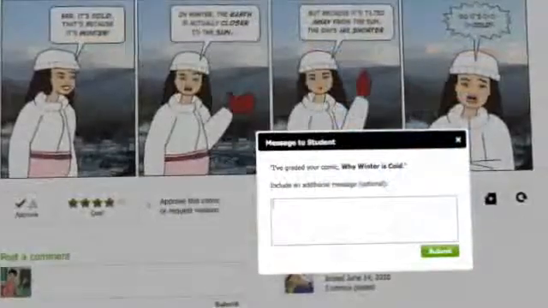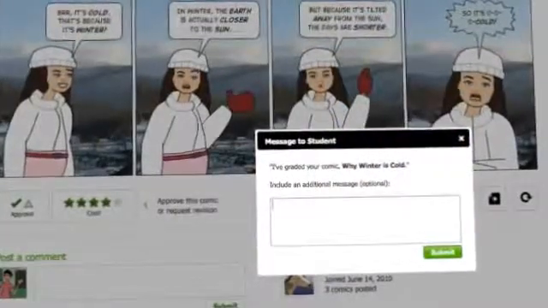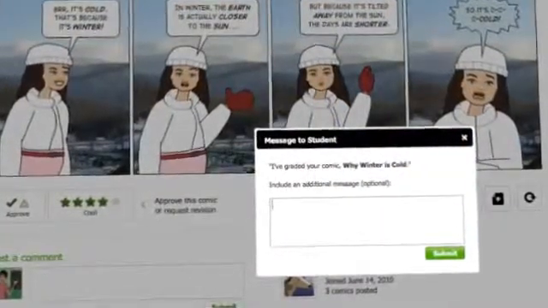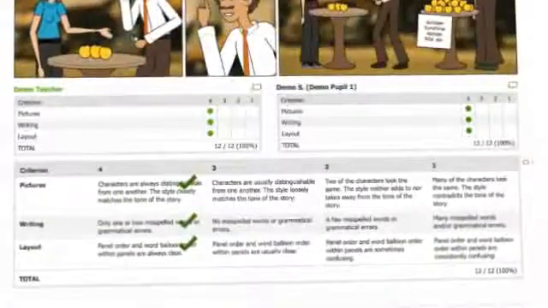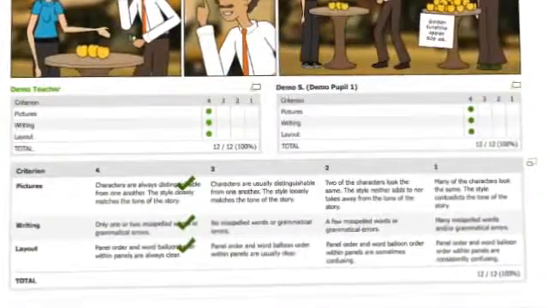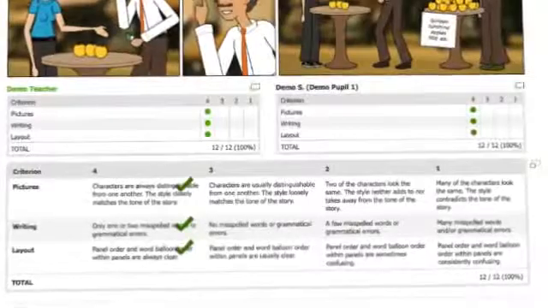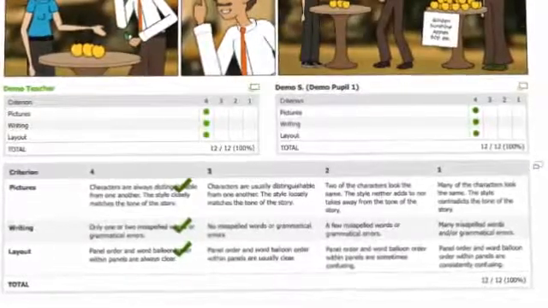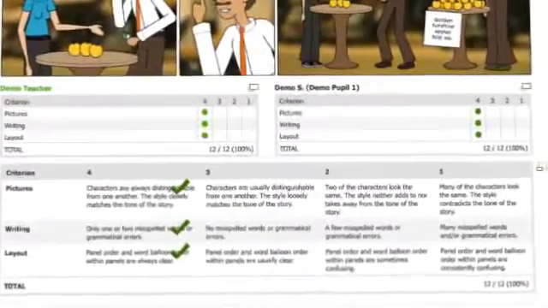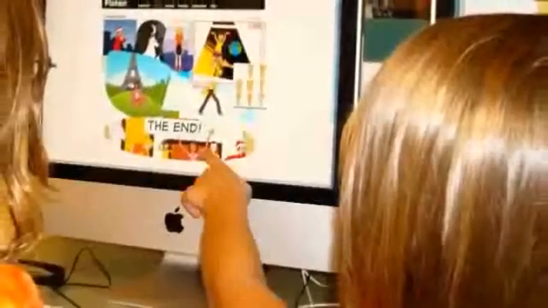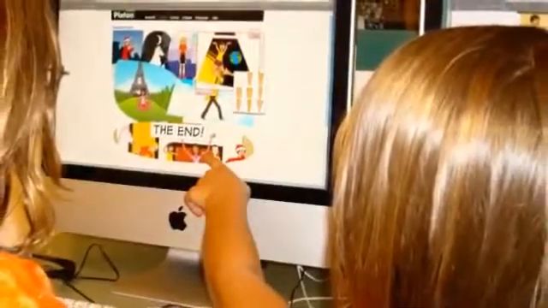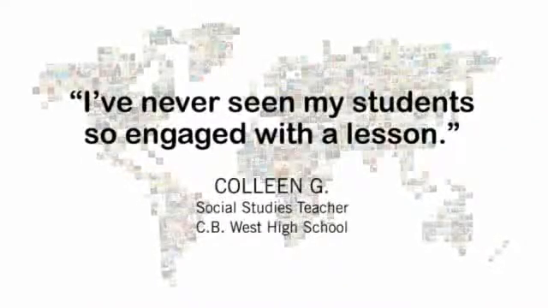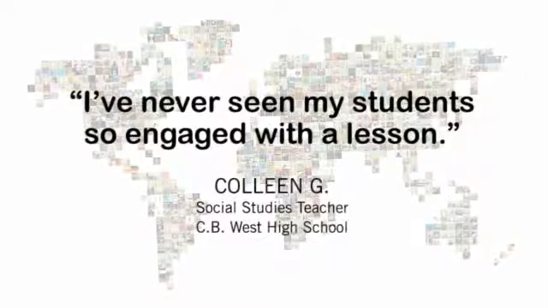Teachers can grade students' performance using a simple 5-star rating system or through our innovative comic rubrics. With rubrics, both teachers and students see the criteria by which comics are evaluated. Having students evaluate their own work or conduct peer evaluation inspires them to achieve higher excellence and ultimately makes grading easier for the teacher. With thousands of teachers and students around the world, we've designed Pixton for Schools for all